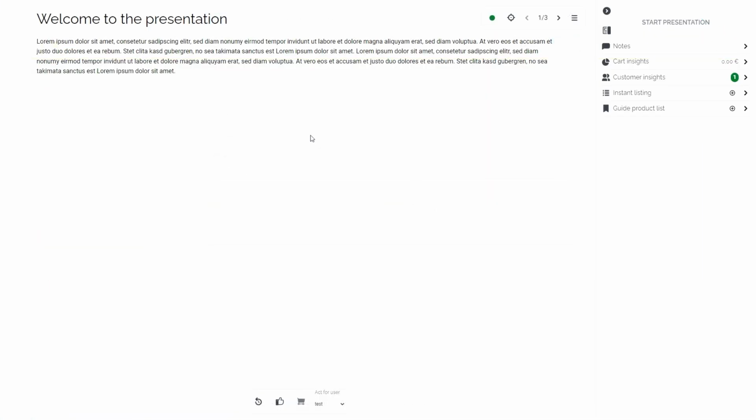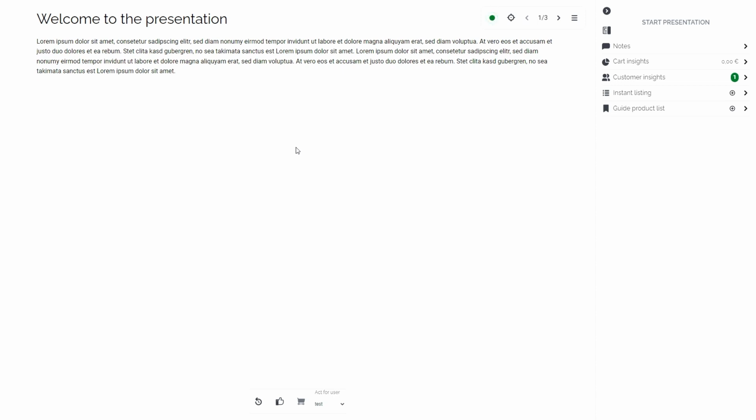I would now like to show you the features that guided shopping brings with it in the live view. I will start with the view of the guide. At the beginning, I open the link for the guide that I find in my appointment area. And then obviously I type it into my browser and open the window with the presentation.